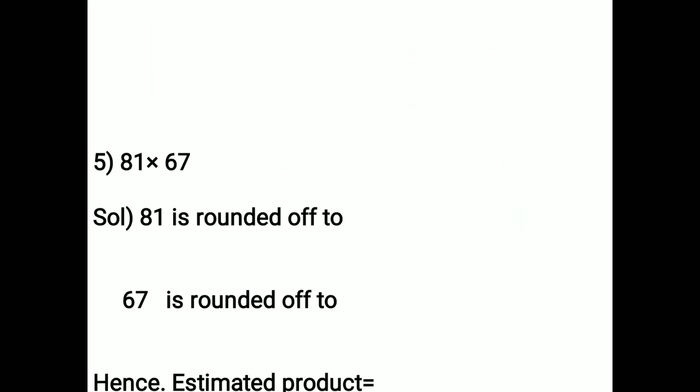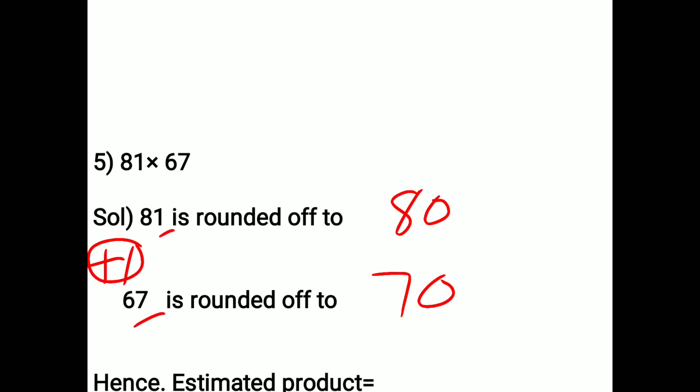In the fifth, it has 2 digits. It means we see the ones place. If the ones place number is smaller than 5, then we will not give an extra point to the next place. The next place is 8. So do I give an extra point to 8? No. So it comes 80 as it is. Now see the next number. 67 is rounded off; 7 is greater than 5. May I give an extra point to 6? Yes. So this 6 becomes 7 and this 7 will be converted to 0.